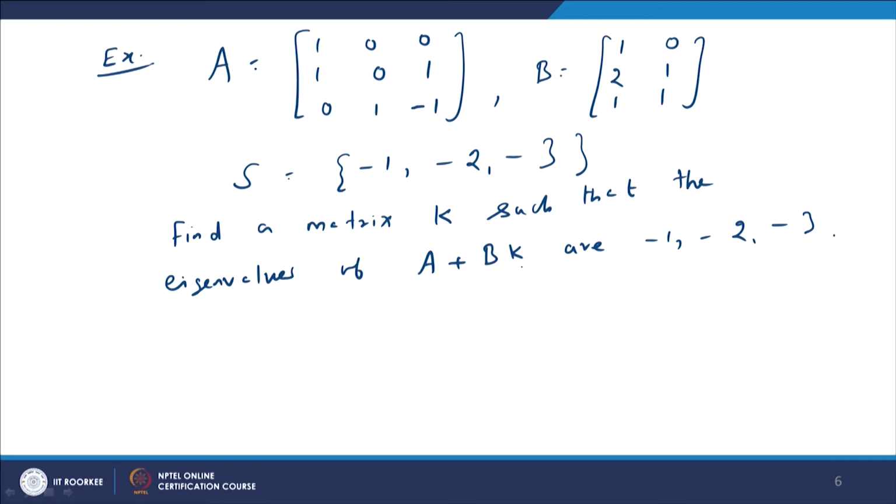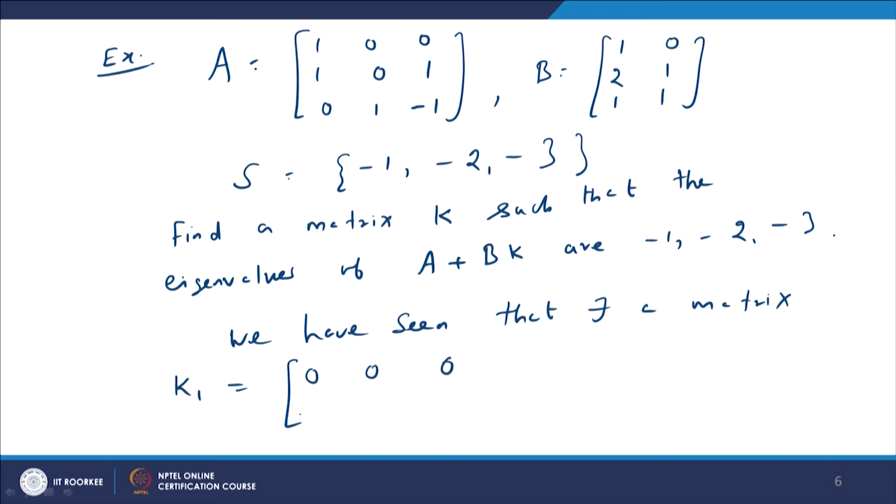Quickly, if you recall, we already saw in the last lecture that there exists a matrix K1 which is given by the matrix 0 0 0, 1 0 0,